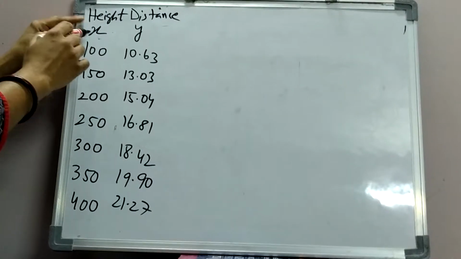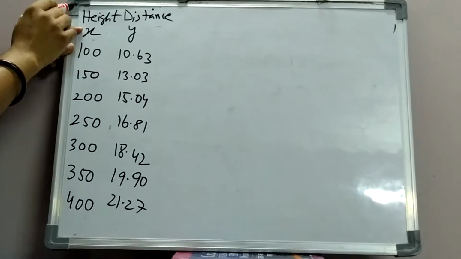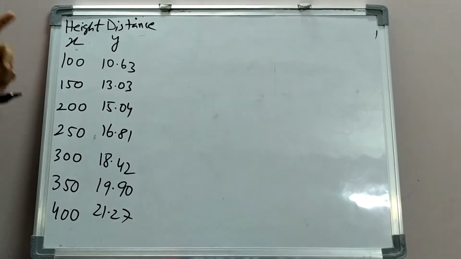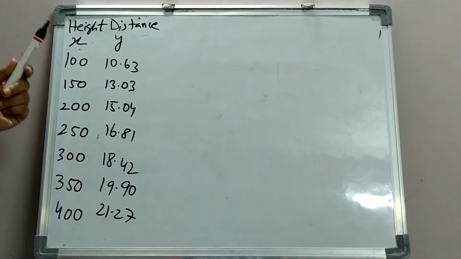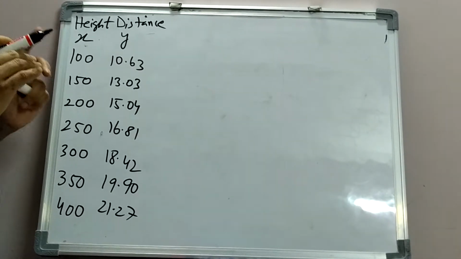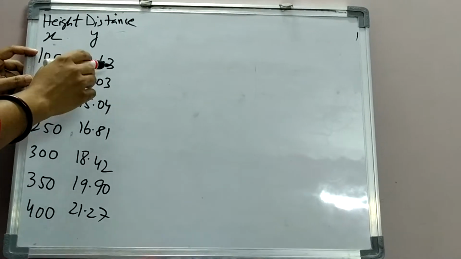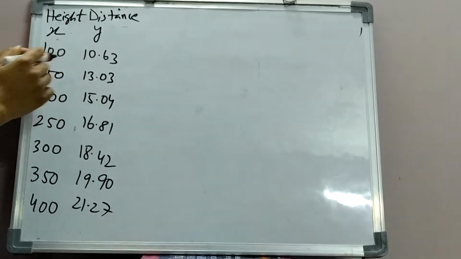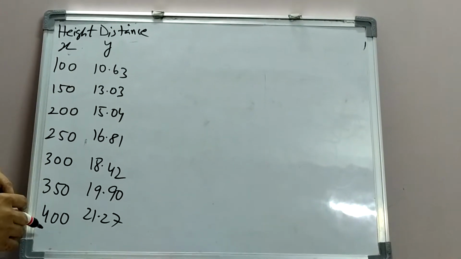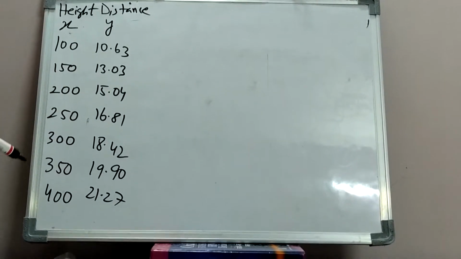Now from the height x, they are measuring the distance of the visible horizon. What is this horizon? Horizon is the line at which it appears that Earth's surface and the sky are meeting. So at different heights, the distance can be different. At this distance it is meeting. At 150, this distance; at 200, these are the values given. Some astronomical problem might be possible where they are interested in measuring this.